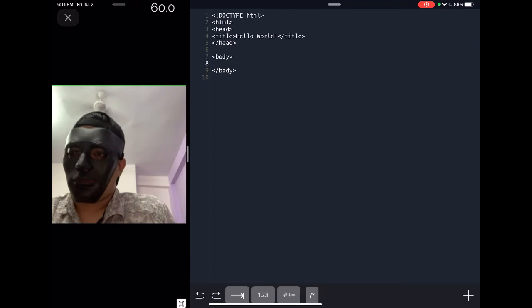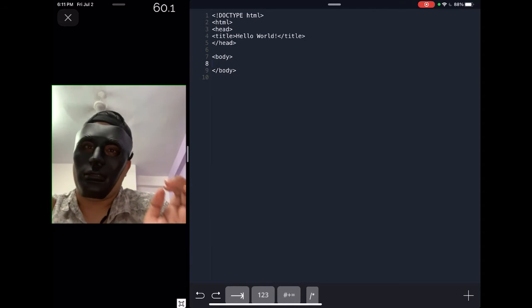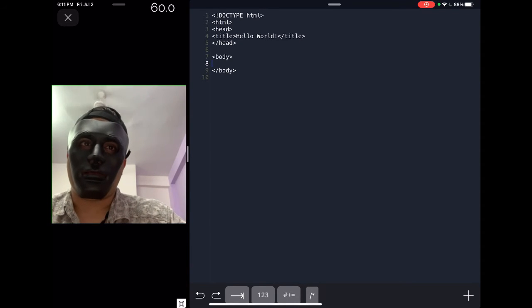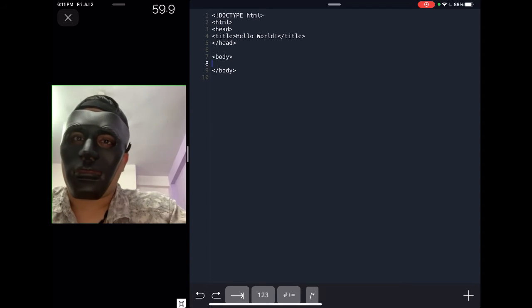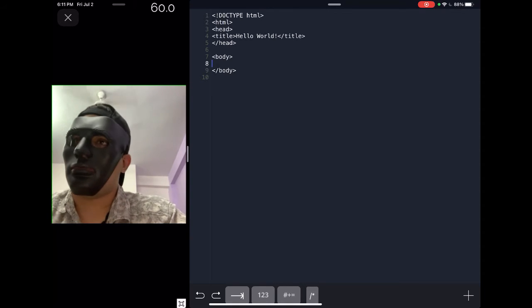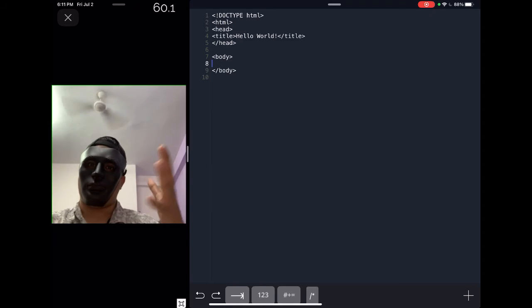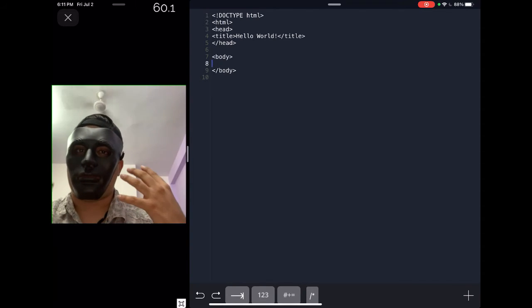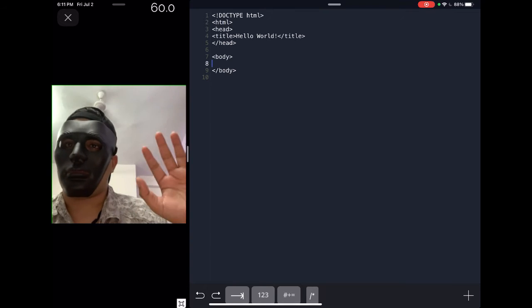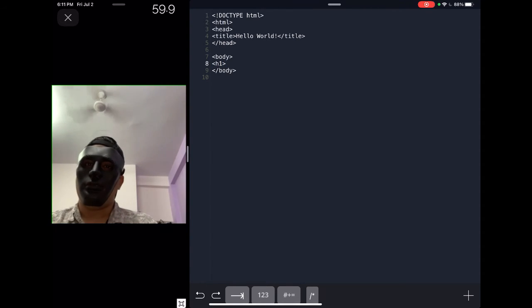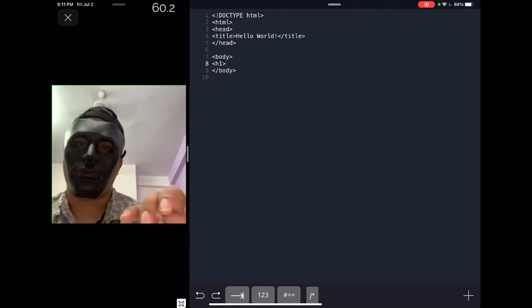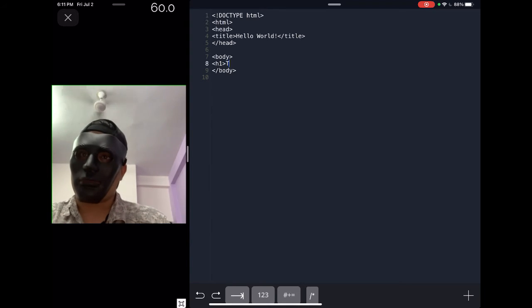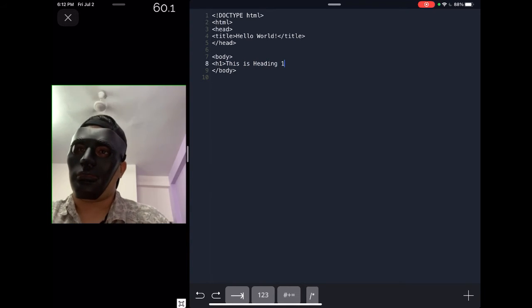Now the new tag I'll be learning about is the heading tag. In the heading tag, what we have is different types of headings, because some headings are supposed to be really bold and enlarged so that they catch everyone's attention, or emphasize something really important. So that is the H1 tag. The other tags that we have are H1, H2, H3, H4, H5, and H6. We'll look into all the tags as we move forward. So this is the heading 1 tag, and we close this heading 1 tag, and this is done.